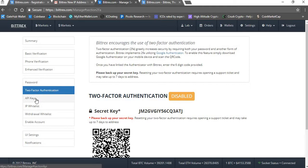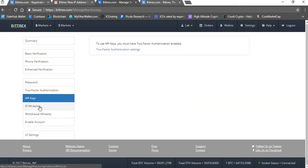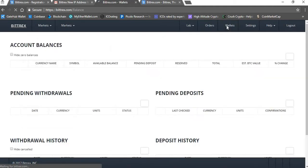And then there's some API keys. You must have your two-factor authentication enabled to check those out. And the rest of this is for a little bit more advanced settings. I won't go into that right now, but you definitely want to enable all of these other verifications and then the two-factor authentication. Once you do that, you can go in here and your wallets are going to